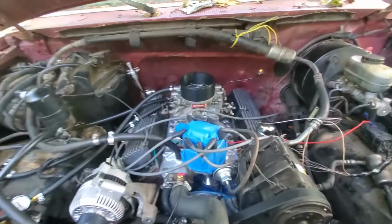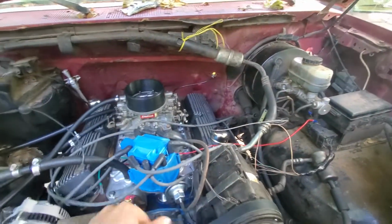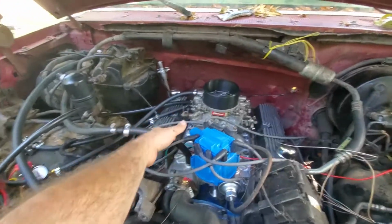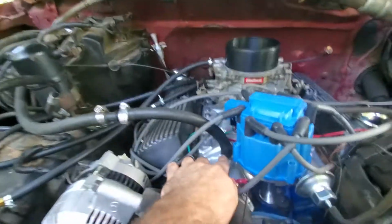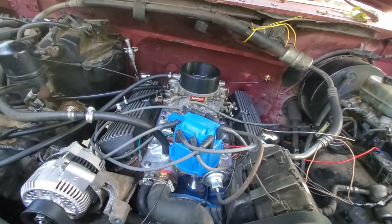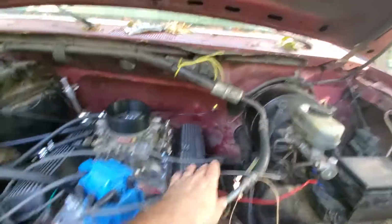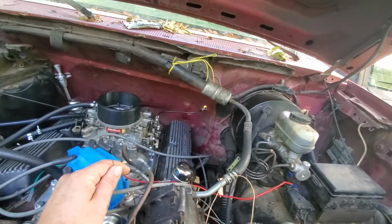But I'm gonna start on these plug wires. I still got some vacuum lines to run. I ran out of clamps, so I'll get another clamp for that, and then the cooling system's done. I still got to do my exhaust. Once I get it running, the TV cable for the